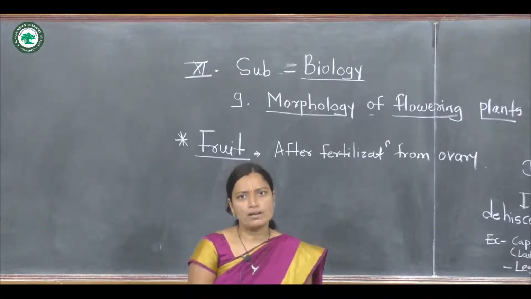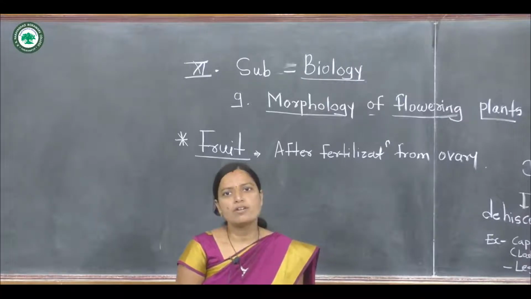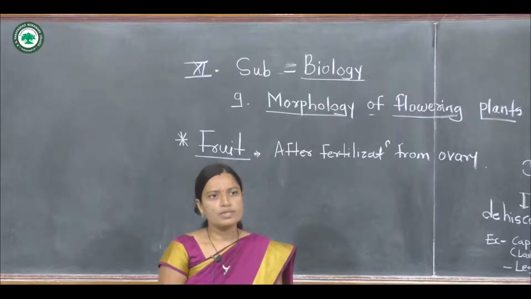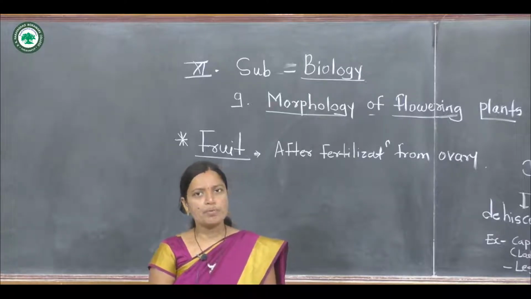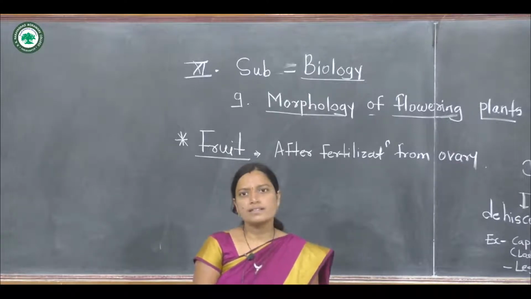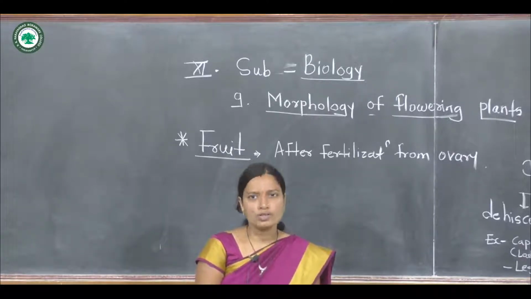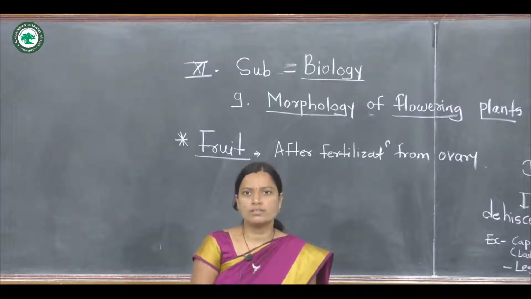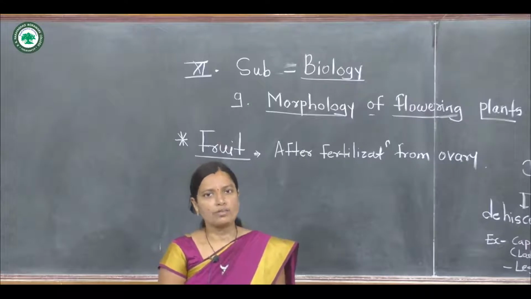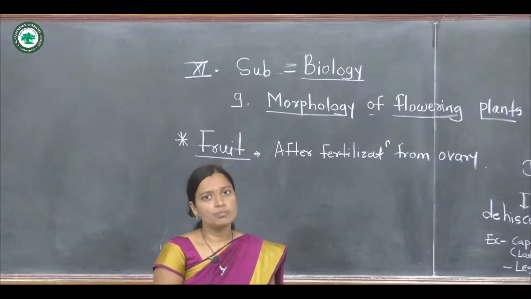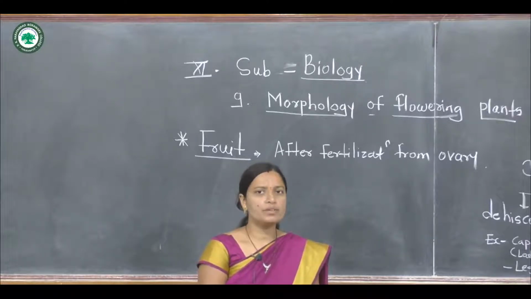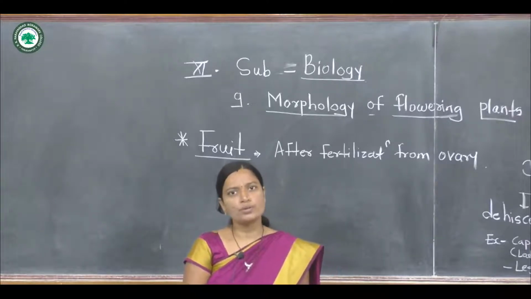four important parts. Some are the accessory whorls of the flower and some are the essential whorls of the flower. Now the calyx and corolla are also important whorls. The calyx has an important function for photosynthesis because it is a green colored structure. And the corolla is a colorful part of the flower and has a very important function for attraction of insects.